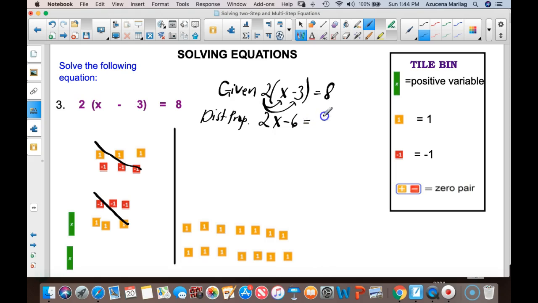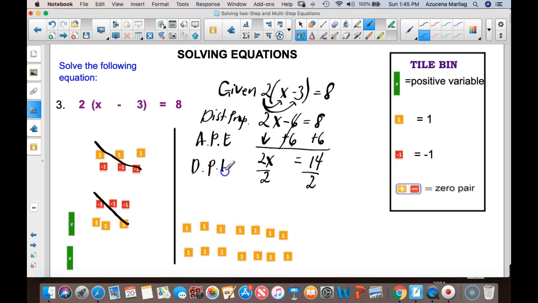Then we copy the 8 on the right side of the equation. After we apply the distributive property, we add 6 on both sides, and it's the same as adding the 6 yellow squares earlier to make the 6 zero pairs to eliminate the constant on the left. So we add 6 on both sides, and that's using the addition property of equality. We bring down the 2x, 8 plus 6 is 14, and those are the 14 yellow squares earlier. Now we have a multiplier of 2, so we can divide both sides by 2. 14 by 2, using the division property of equality,